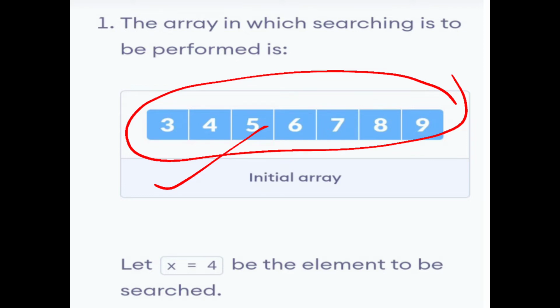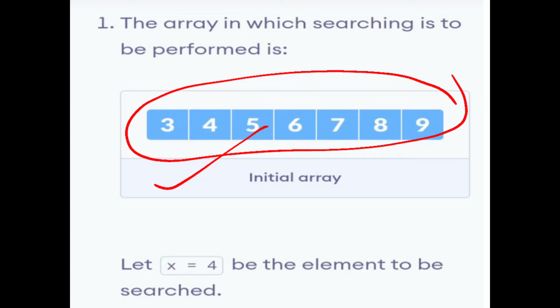Okay, we can continue this video. Listen to the array of elements. Here, what is the size of the array? The index numbers start from 0, 1, 2, 3, 4 up to 6. The elements must be sorted, because 3, 4, 5, 6, 7, 8, 9 are arranged in ascending order. Only when all the elements are arranged in order is the binary search process available. This is the first stage, the initial array.